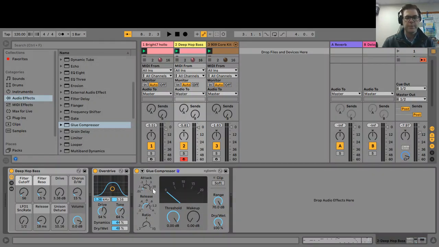Okay, so for this bass line, we're going to go with a really fast attack. I'm going to go for a moderate release, and let's see how that sounds. Okay, you can see that we've got the dial kind of engaging a little bit. Let's see if we can change that. So if I reduce the threshold,